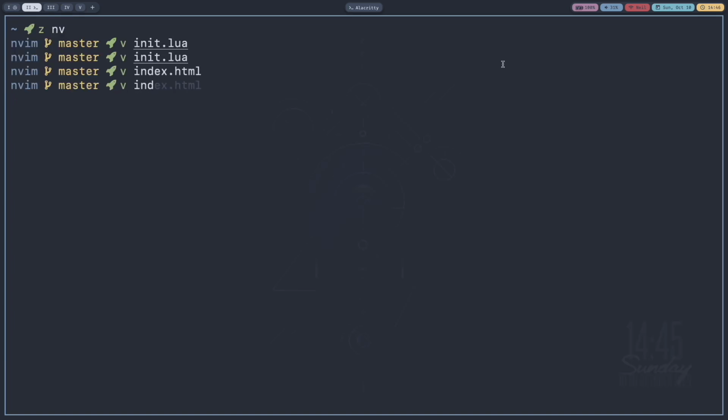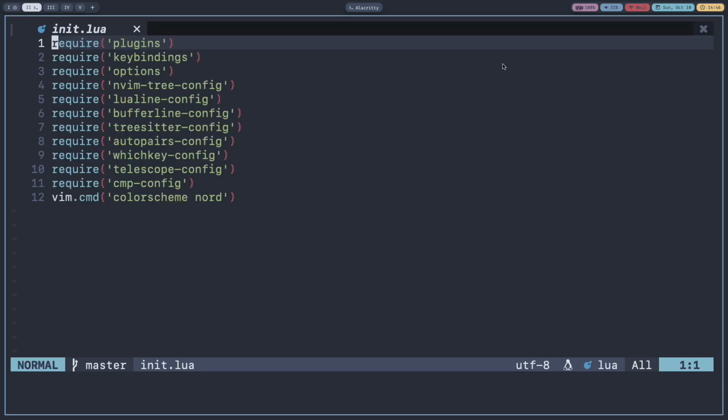And now let's set up some key bindings for the CMP auto completion. You can navigate through the completion with tab and shift tab.